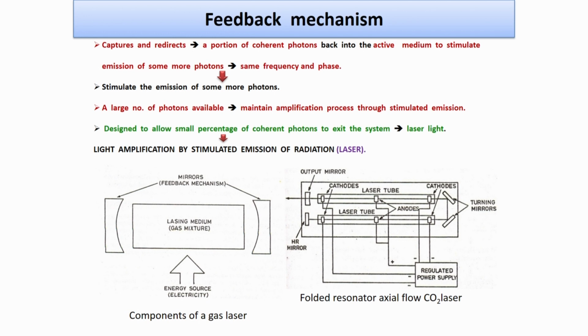To generate more photons, a feedback mechanism is required. This feedback mechanism captures and redirects a portion of the coherent photons back into the active lasing medium to stimulate emission of more photons,